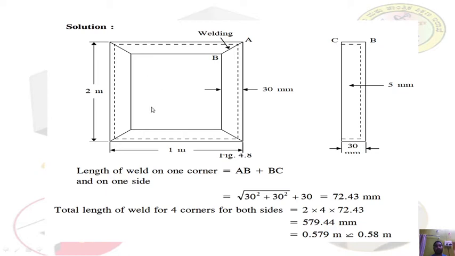So you have to weld this side, all four sides, one side, two side, three side, four side. The welding has to be done here, and in the side view you have to weld lengthwise along this length. So the total length of weld is these 4 sides plus these 4 sides. The total length of weld is AB plus CB, into 4 times. But we need to find the length of AB, which is not straight. In order to find the length of AB, you must use the hypotenuse, taking this as a right angle triangle.